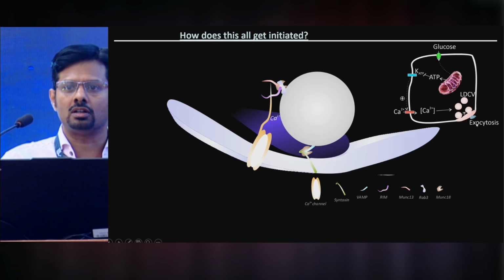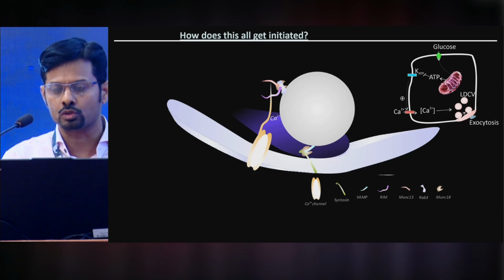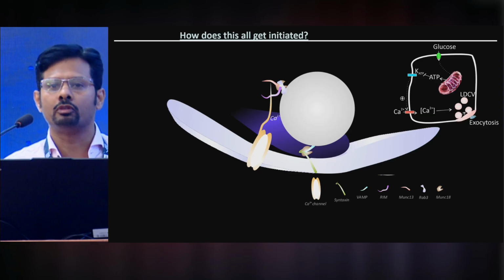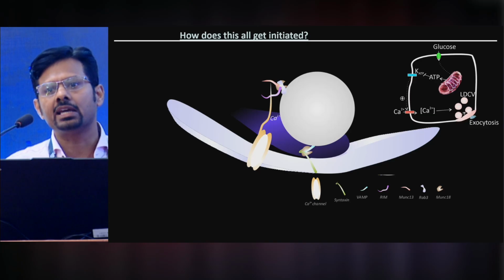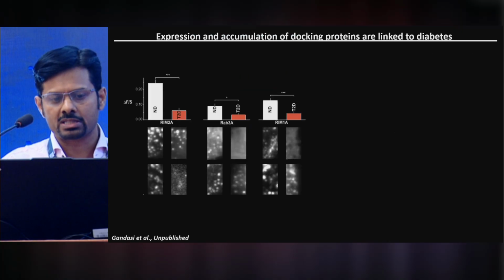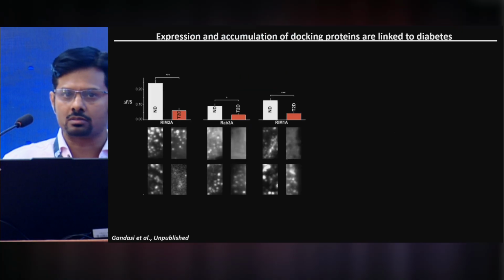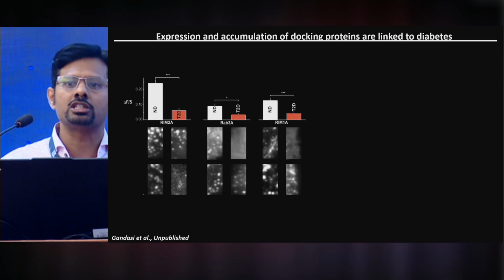There is a sort of individual nanodomain that develops there with a lot of molecules. And these molecules were what we were interested in, to see what these molecules do and how they are compromised in case of type 2 diabetes. Some of them I'll show you. Some of them are RIM1, RAB and all these. RAB is a protein which is on the vesicles that can bind to RIM, which is present at the plasma